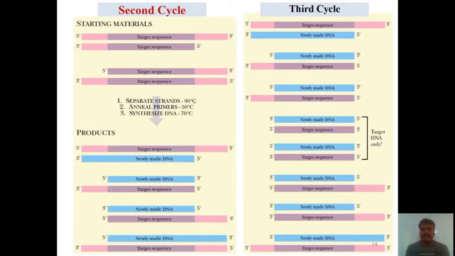So in the second cycle, these 2 double stranded DNA will separate and get amplified and produce 4 strands. At the end of the third cycle, you will get 8 strands. Only at the third cycle are we able to get the double stranded target DNA alone, whereas in the first 2 cycles you cannot get it. So we will see the animated version. I will show you some animations of how this target DNA alone will be produced, at the end of the third cycle.